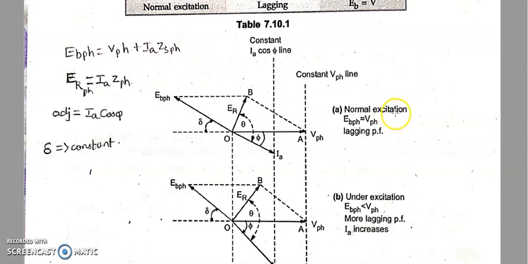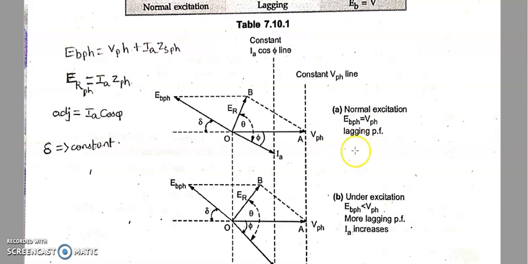First figure, what it says, normal excitation. Remember, for normal excitation what happens? EB per phase will be equal to V phase, and the power factor here will be a lagging power factor. You can see V phase is constant, lagging power factor, then obviously IA should lag V phase by certain power factor angle phi. True. And ER and IA will be having approximately angle 90 degree with respect to each other, whereas EB phase as well as V phase are approximately equal in magnitudes. See, from O to this as well as from O to V phase, the length is approximately same. So that's why EB phase equal to V phase.